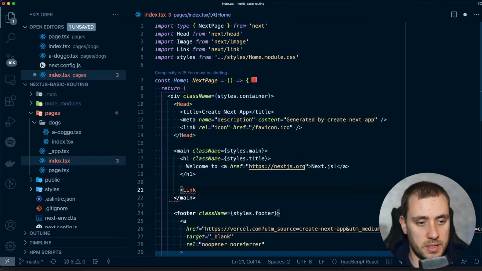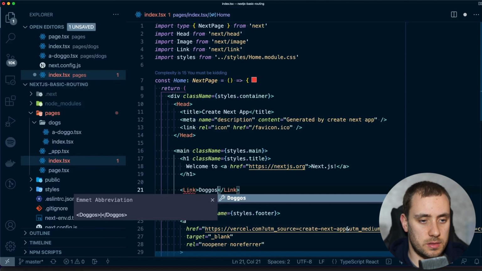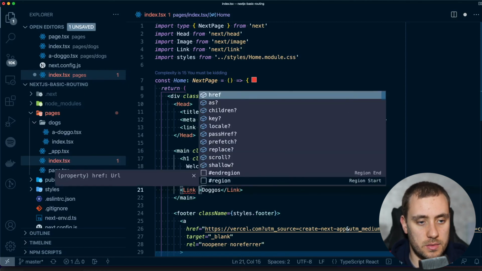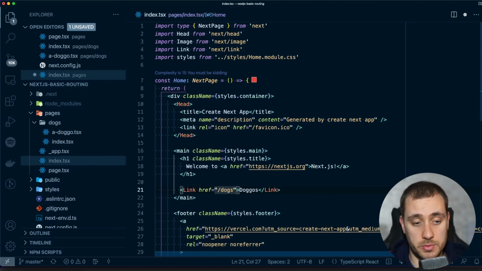So I'm going to import the link from the Next.js link package, and in it, I'm just going to add the word doggos. So we can wrap this around an anchor tag if we have some different behavior that we want to add to our link, but if we don't do that, Next.js is going to take care of that for us. So in our link, we're going to define where we want to go, same way as an anchor tag. So we want to go to /dogs if we visit this page,